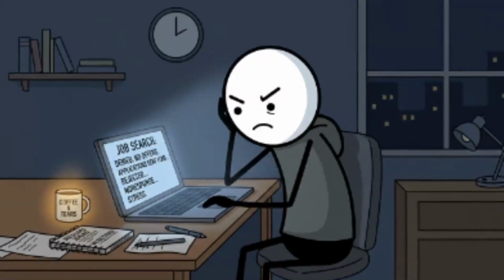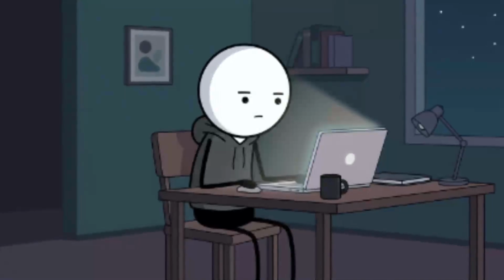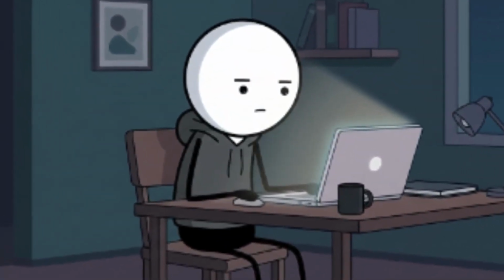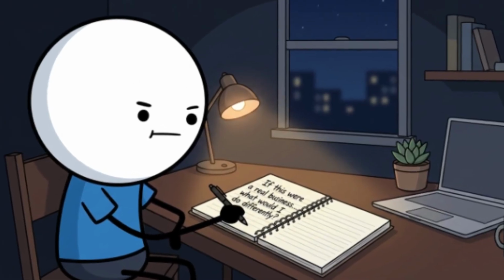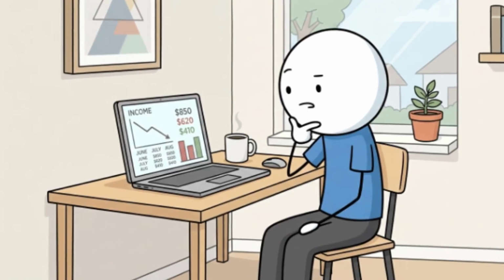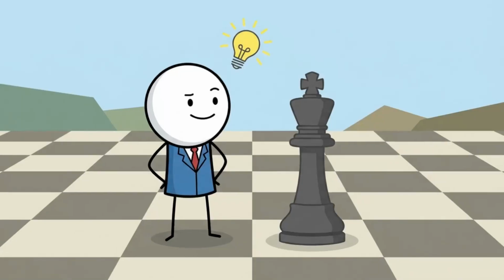Most contractors compare Contractor Foreman and JobTread by looking at screenshots and feature lists. But here's the truth no one tells you. The real differences only show up once you start running actual projects through the software every day. And if you choose the wrong platform for your workflow, your team can end up frustrated, slower, and less organized